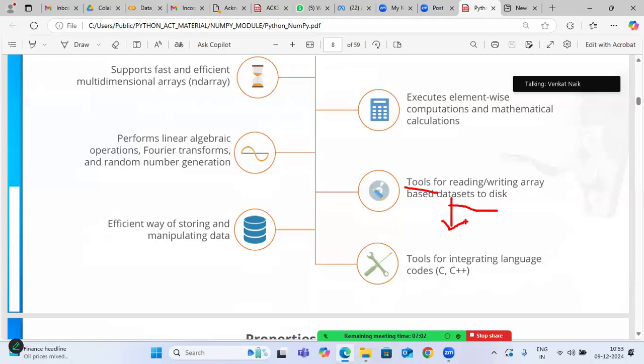Priya, you tell me, what are the types of data analysis we have? Descriptive, predictive, diagnostic, descriptive. Can you explain what each individual one will do? What will it do in each analysis? Descriptive, we will like